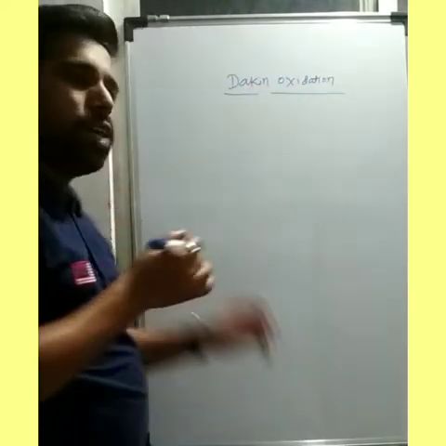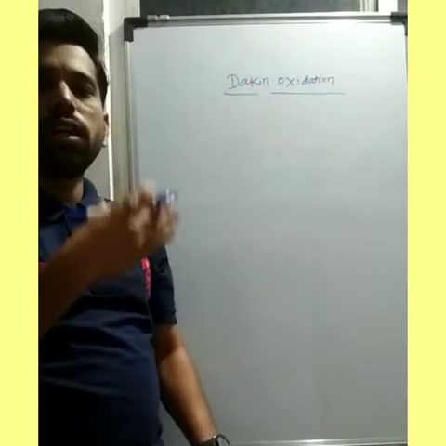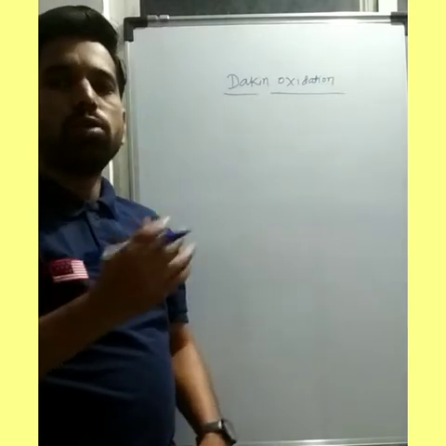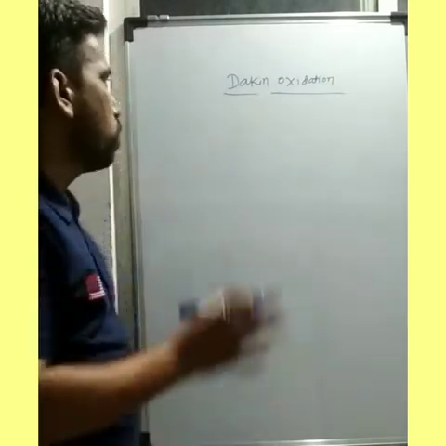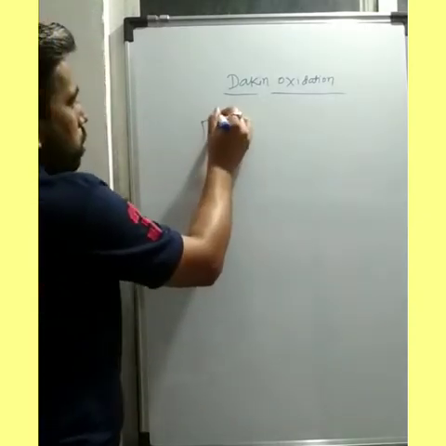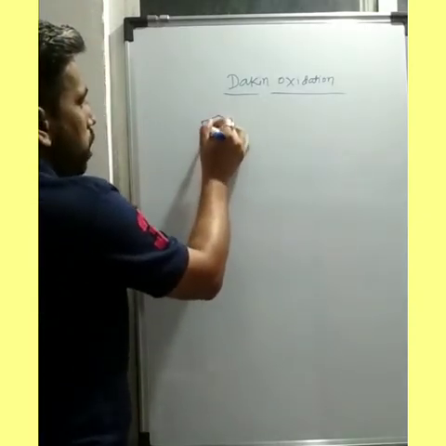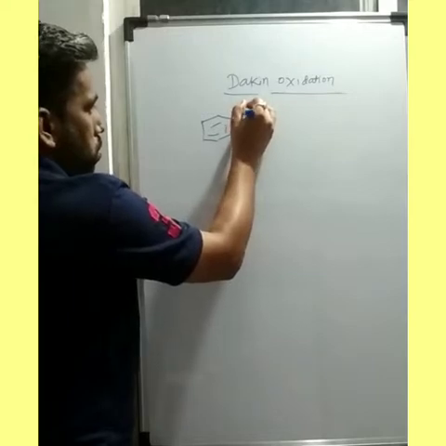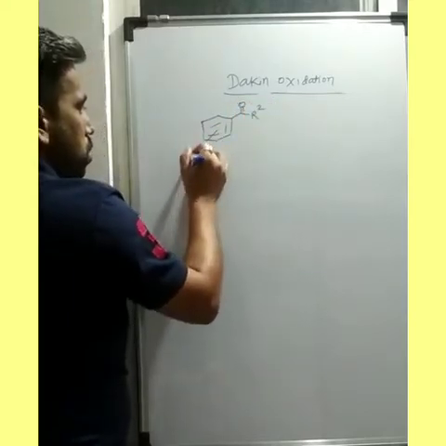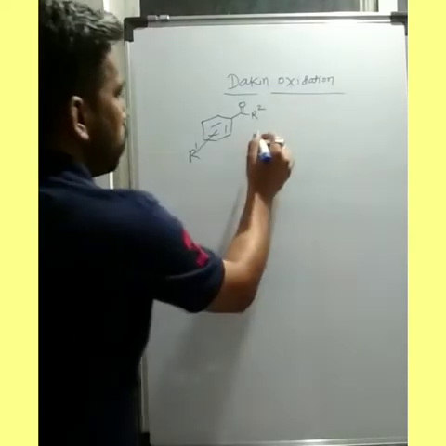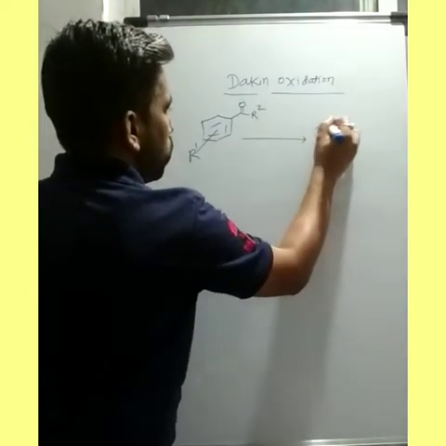In the Dakin oxidation reaction there is a conversion of the aryl aldehyde or aryl ketone to the corresponding phenol in the presence of alkaline hydrogen peroxide. Let's see the general reaction. There is a conversion of the aryl aldehyde or aryl ketone to the corresponding phenol